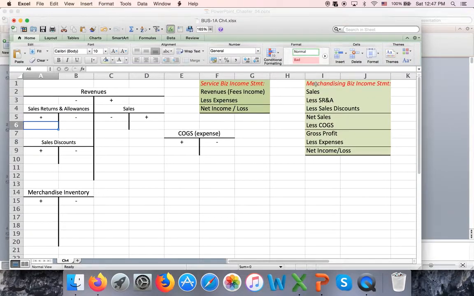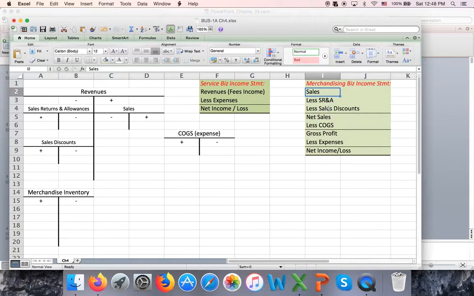If you look right here at the merchandising business income statement, we now have more lines, more accounts, so it becomes a little longer. The idea is the same. You take revenues and you subtract various expenses and contra revenues and you get the bottom line. But because we have two contra revenue accounts, we will subtract them. So we take sales minus SR&A, which is sales returns and allowances,